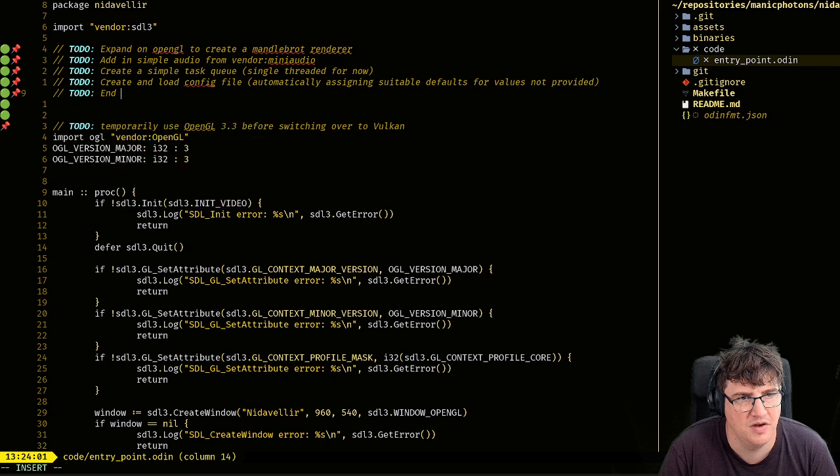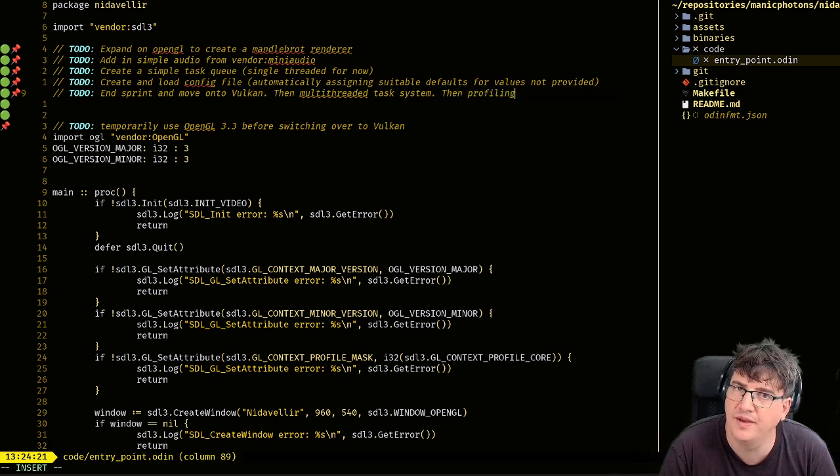End sprint and move on to Vulkan. Then multi-threaded task system, then profiling week.